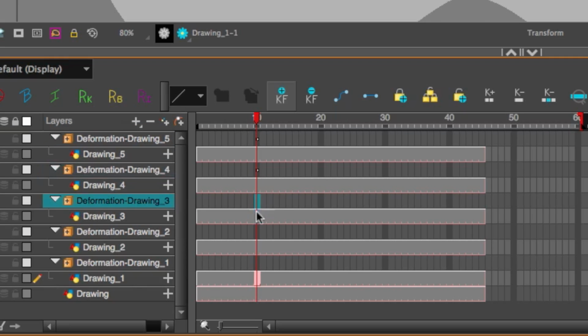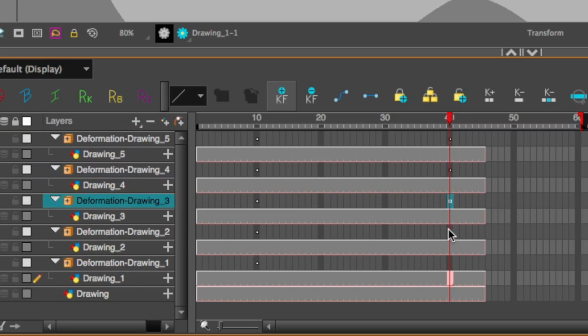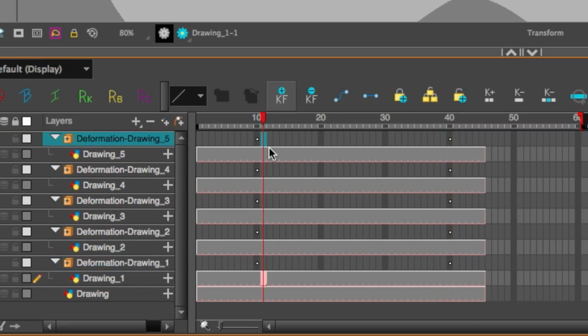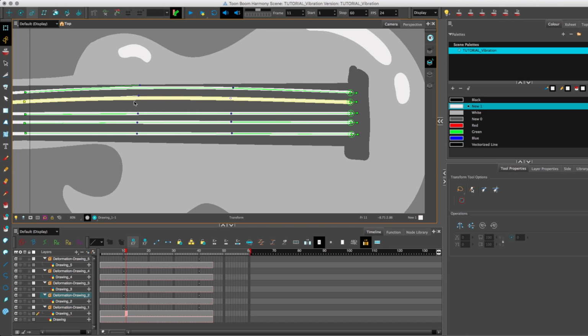On frame 10 of each of the bone deformers, placing down a keyframe and one down on frame 40 of each bone chain as well. On frame 11, gonna place down yet another one immediately after frame 10, of course. On frame 10 of each of these, I'm gonna pull its string up to, not quite that exaggerated, but bend them all up a bit.